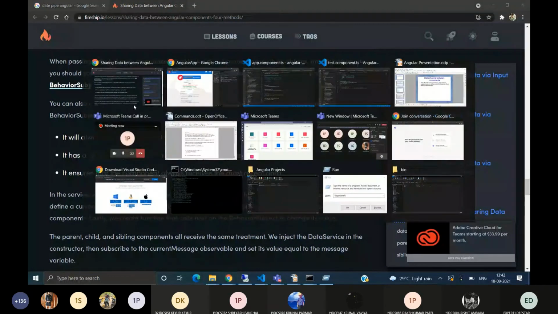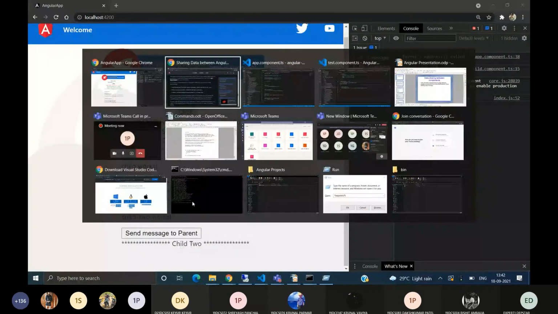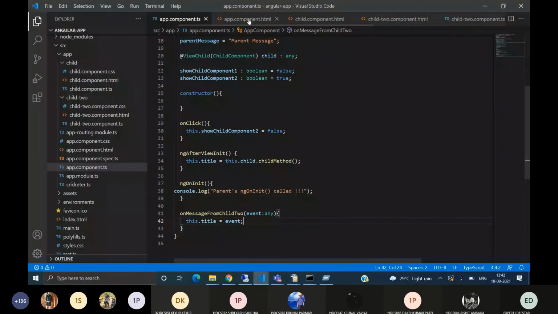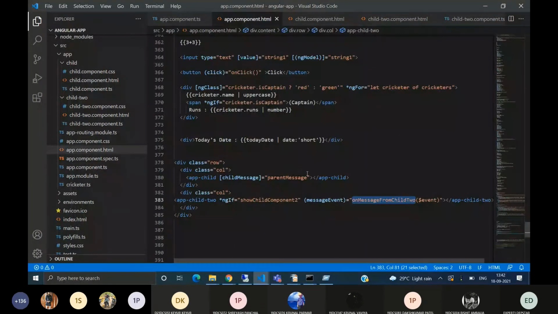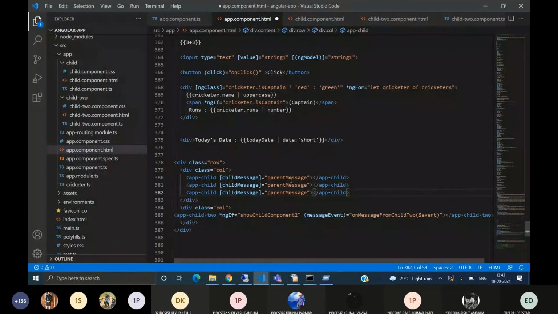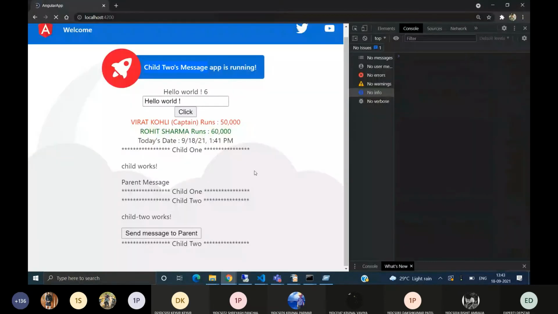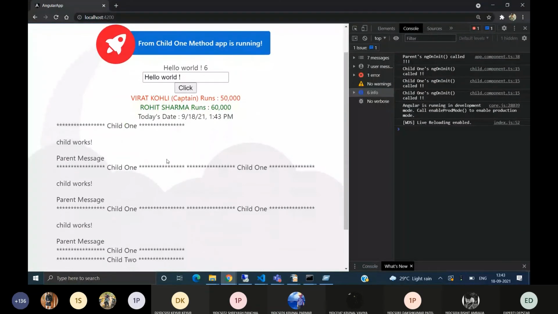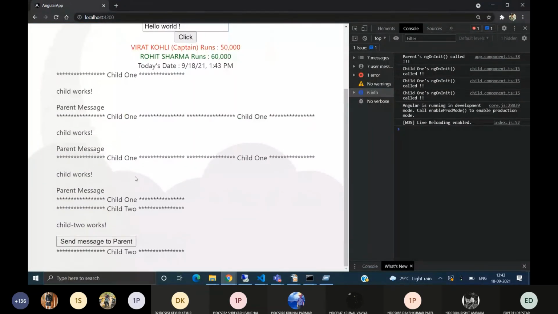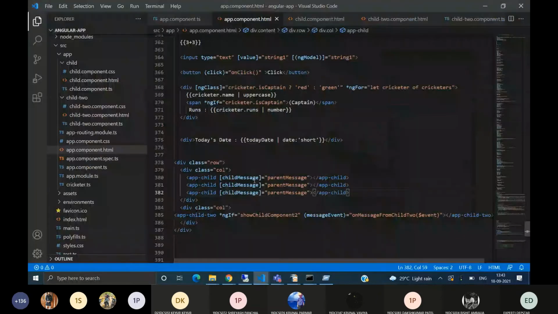Like this component, we can create many instances of it. If I use app-child three times, I can use this component as many times as I want, and each is an individual instance.